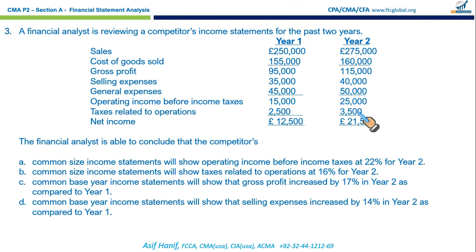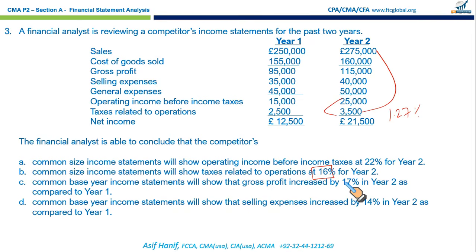Taxes, here we go. It's what percentage of sales? 3,500 upon $275,000, that is a measly 1.27%, right? Expressed as a percentage of sales. But that's quite a massive difference. 16%. Could it be 16% of operating income? Just a guess. I would like to know.